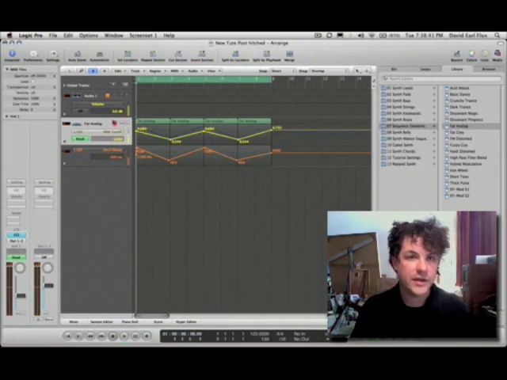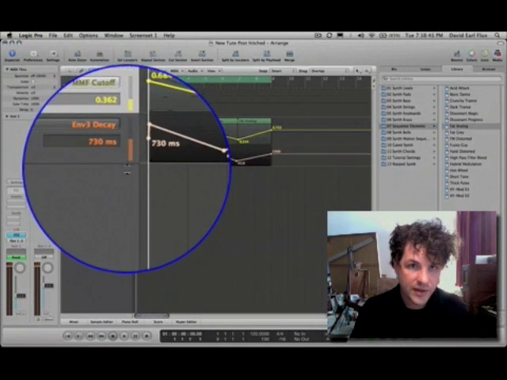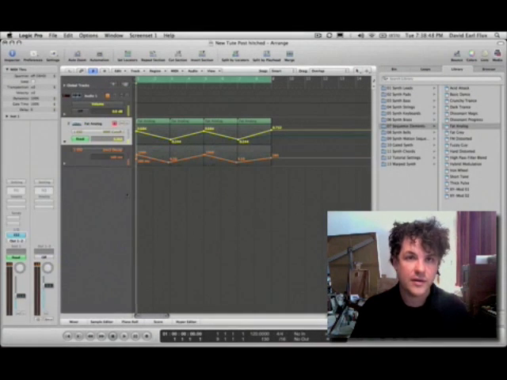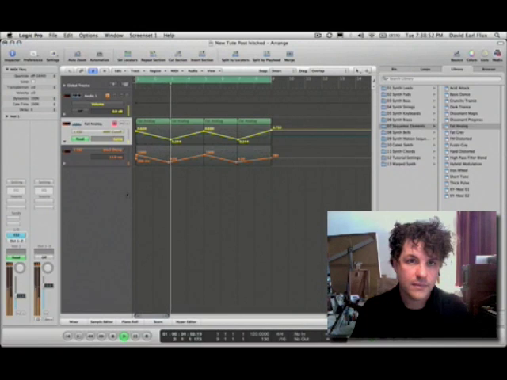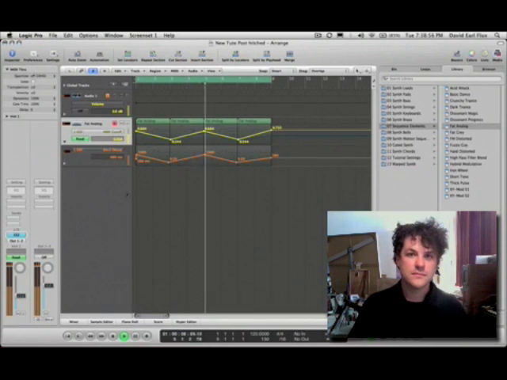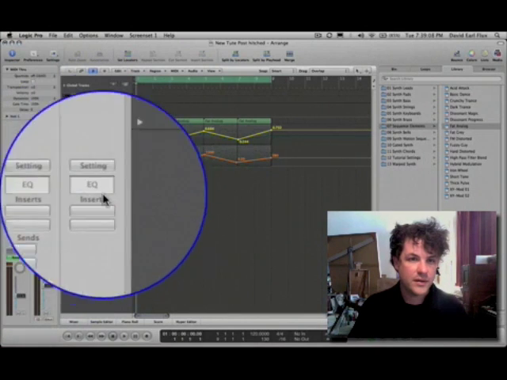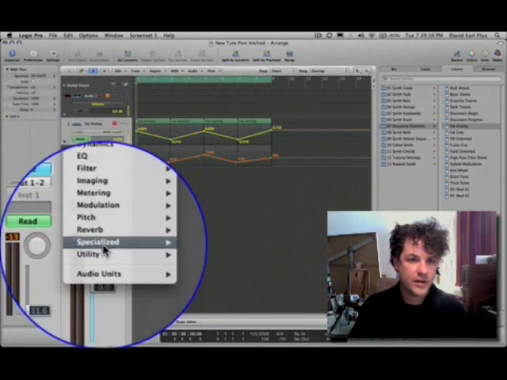Now one other little trick is if I hold Command and I grab this area here and pull it down, it scales all the automation down. You can do this with volume, you can do it with pan, you can do it with anything that's on that channel strip. So if I popped open a send, like if I go to bus 1, and bus 1 has a reverb on it,